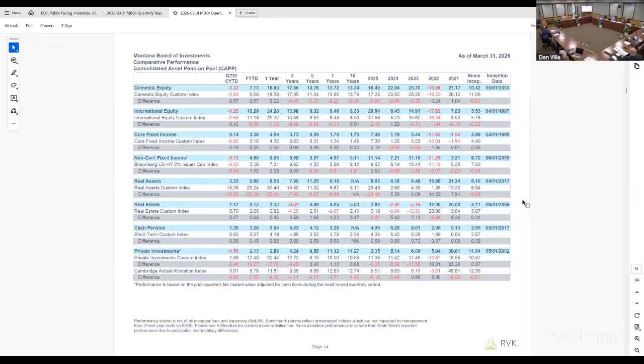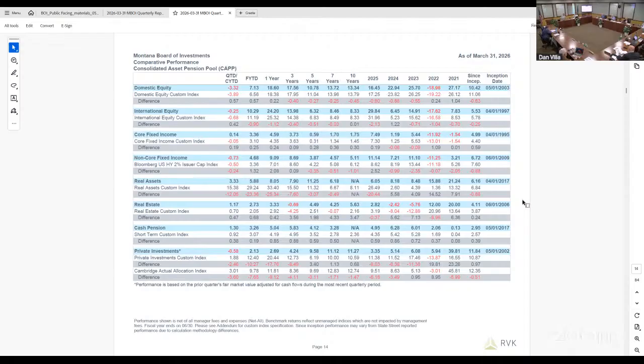Real assets, here you can see that the benchmark was a pretty big return. This has been an interesting period looking at natural resources, infrastructure stocks, et cetera. So as we look at real assets, you earned a nice return of 5.9%, but your exposures look very different than some of the benchmark returns right there for the fiscal year to date and the quarter. Real estate, we just went through a deep analysis of that portfolio. Fiscal year to date, a return of 2.7. To Jim's point, it's been nice to see real estate turnaround, having a positive yield and having some stabilization in the prices of those properties has been great.